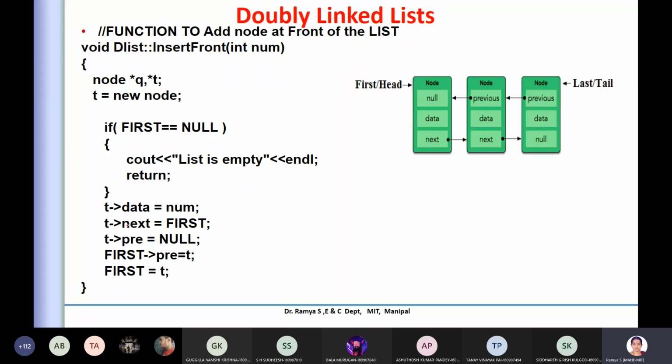Now in this case, you created a node. In that new node, the data is whatever you want to insert. The next is pointing to the first, because you want to insert at the beginning here. The first is already holding the address, and that address is put into your next. That is how you are trying to do it here. If I put it in a pictorial form, I have a data, which can be anything. Now the first's address will be stored here, because it is the next. Now what is the previous for this? A null will be here.